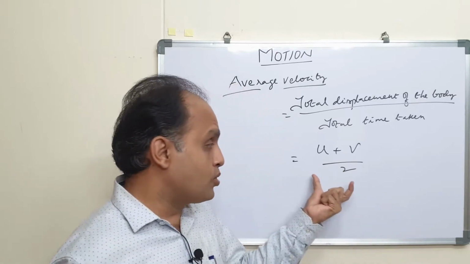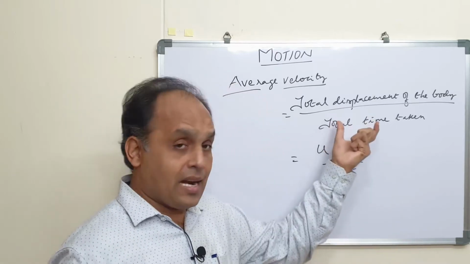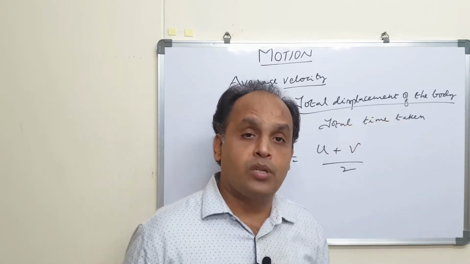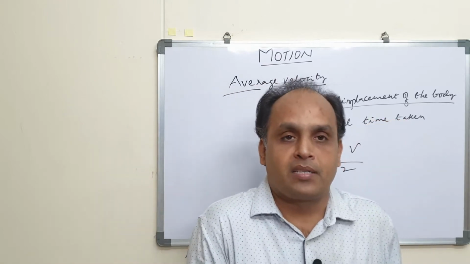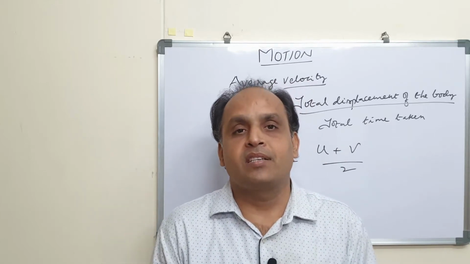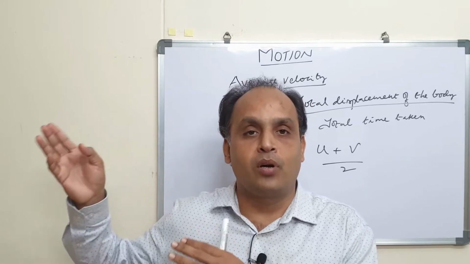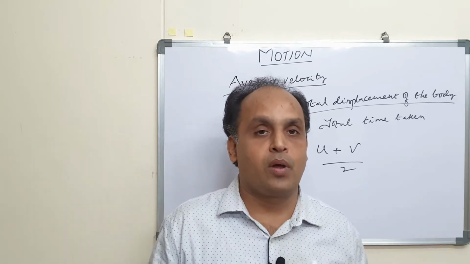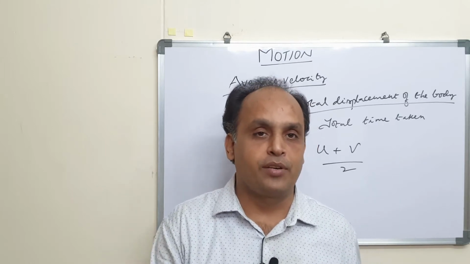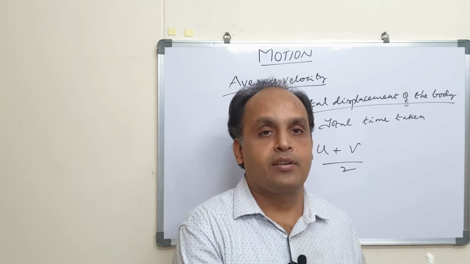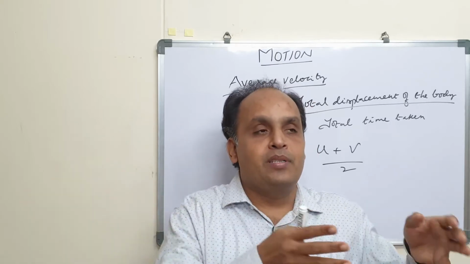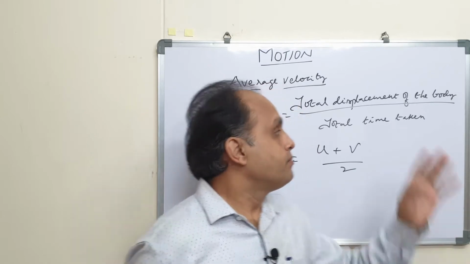Now when do we use this and when do we use that? We use the first when we know the displacement of the body in different parts. If we remember, while we were talking about average speed, we discussed an example of you starting from your house to going to your friend's house, which is 180 kilometers away. You used a cab, then you took a train, then you took a cab again, and then reached your friend's house. So when you know the different displacements and the times taken, this is what we use.